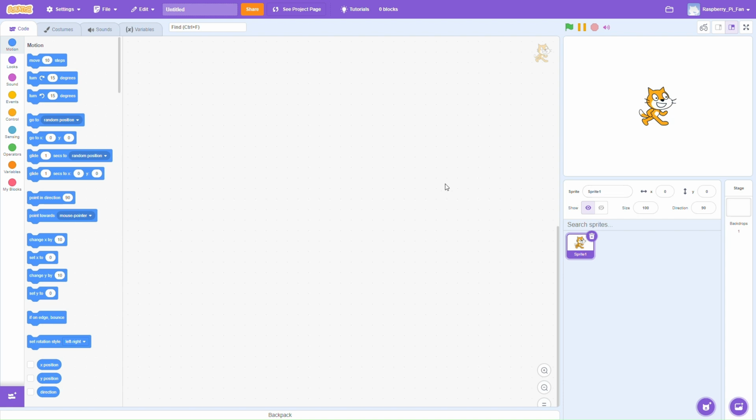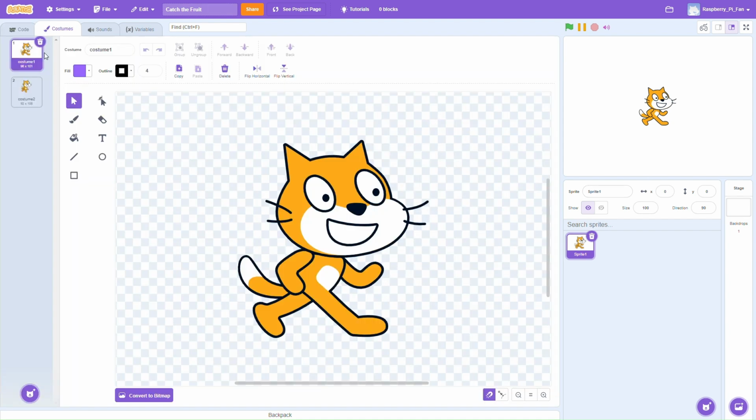Welcome back to Building Code with Ethan, and today I will be showing you how to make a simple catch the fruit game. So first, we should name this catch the fruit, and then now let's turn this one into